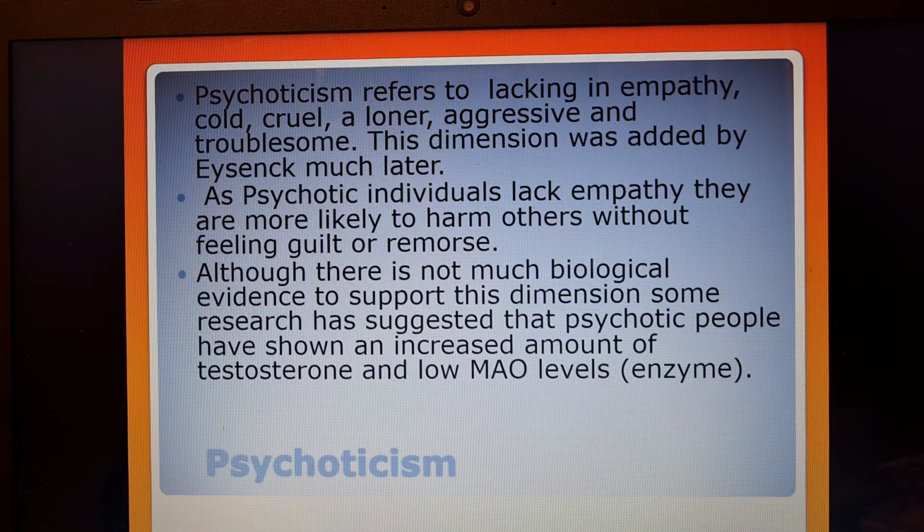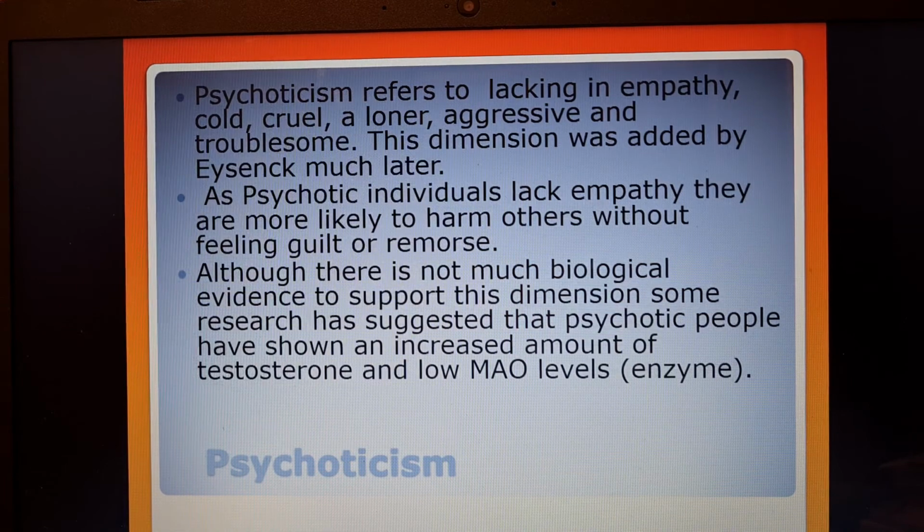Now, the trait of psychoticism refers to a lack of empathy. So it's a very cold person, quite cruel, can be seen as a loner, aggressive, troublesome. And this dimension was actually added by Eysenck a little bit later. It was not part of his original model. As psychotic individuals lack empathy for others, they're more likely to harm others and commit crimes or murders without